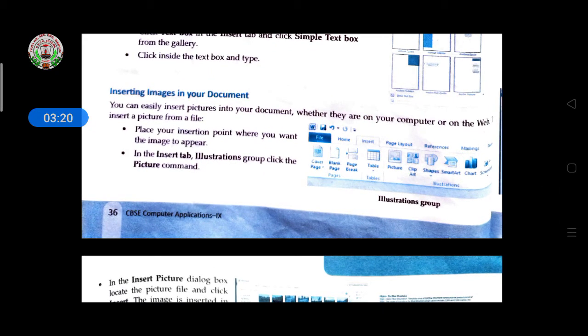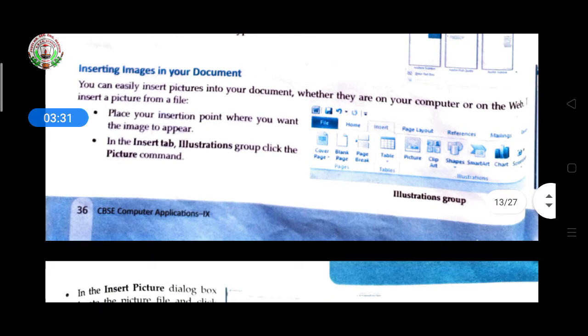You can easily insert pictures in your document, whether they are on your computer or on a website. Insert a picture from a file. Place your insertion point where you want the image to appear. Means first of all, where you want to paste the image, there you have to give the insertion point, the cursor, by clicking there with the mouse pointer.